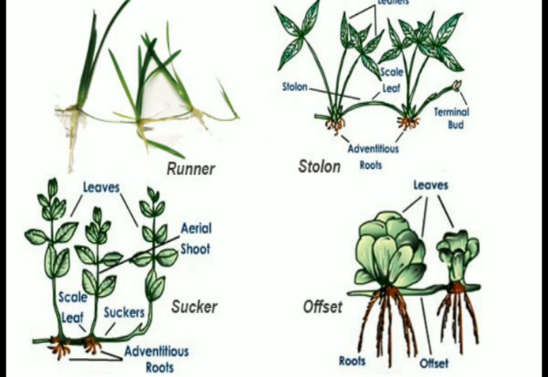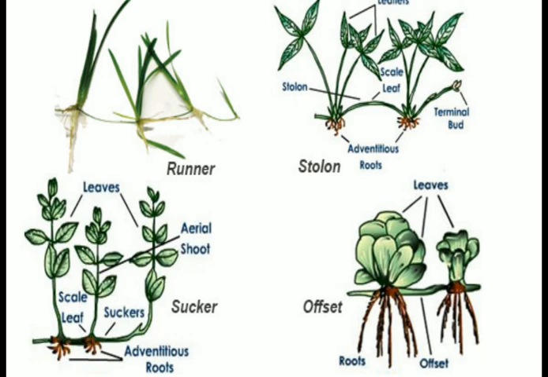The roots come from the nodal portion. In all of them you can see the roots are coming from the nodal portion, and the stem creeps just above the ground. That's why it's called subaerial. In the runner, the stem is just parallel to the ground. In case of stolon, the stem raises just a little in height and then again trails on the soil.